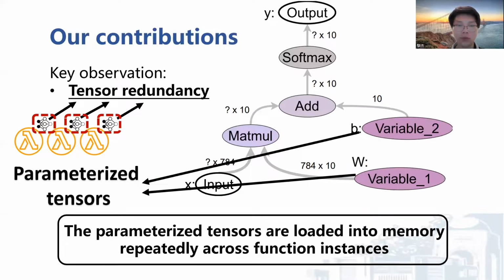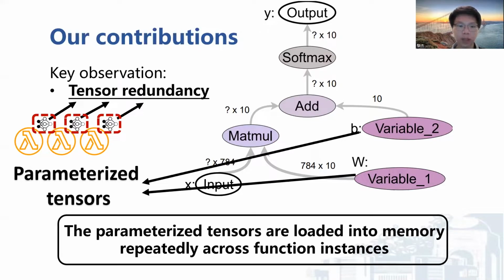However, we further observed that even with runtime sharing, the parameter tensors are still redundant across instances of the same function and instances of different functions. Machine learning models are typically implemented with specific frameworks, and in these frameworks, models are typically represented as computational graphs, and data in the graph are stored as tensors. And here is a simple example computational graph in